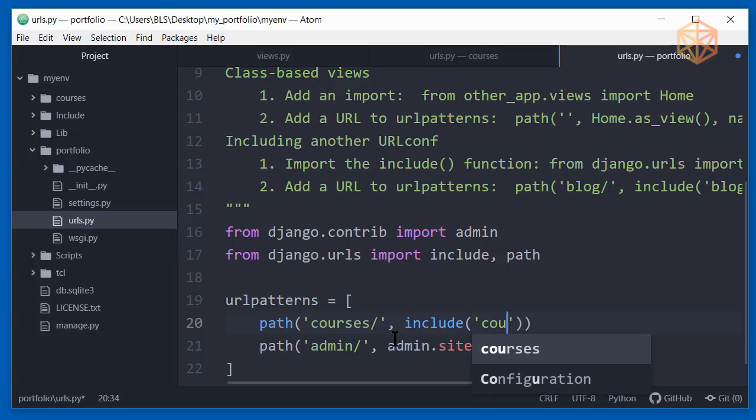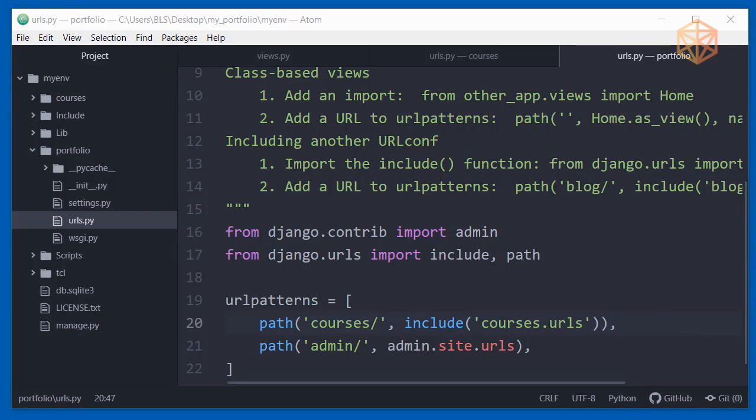Inside the quotes, we type in the name of our app, which in my case is courses.urls. So what it's saying is, I'm accessing the urls file from our app called courses. Then make sure you have a comma at the end. By doing it this way, we'll be able to reference the other URLs file from this root URLs file. The idea behind using the include function is to make it easy to plug and play